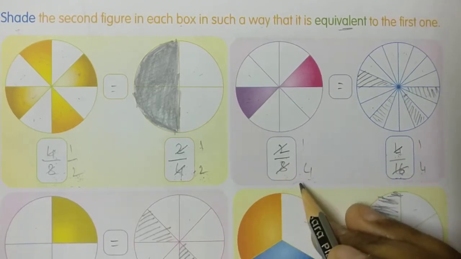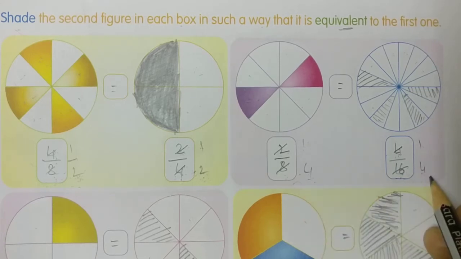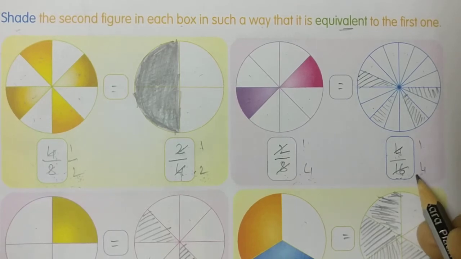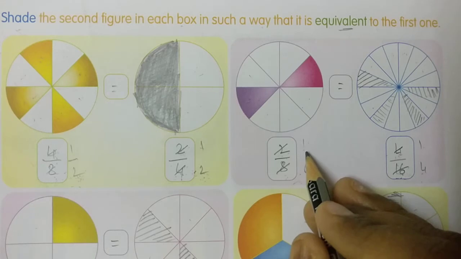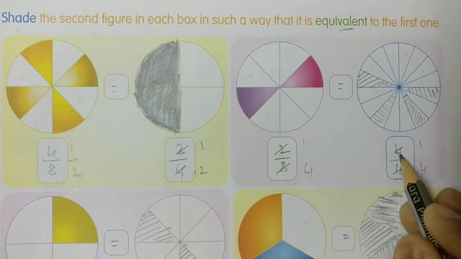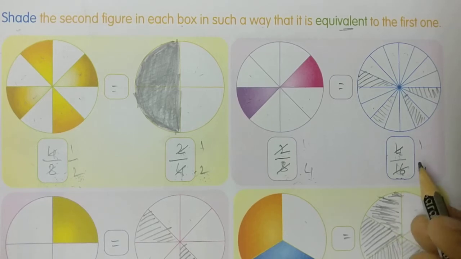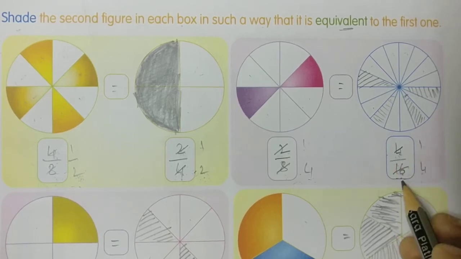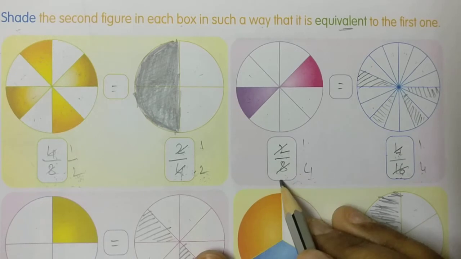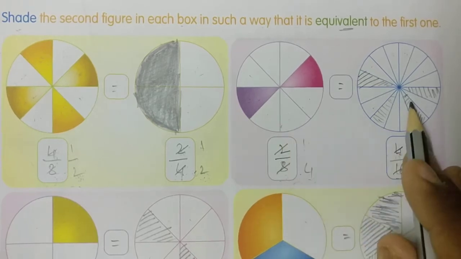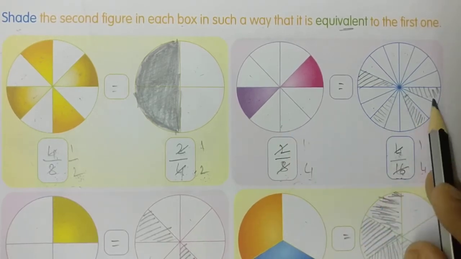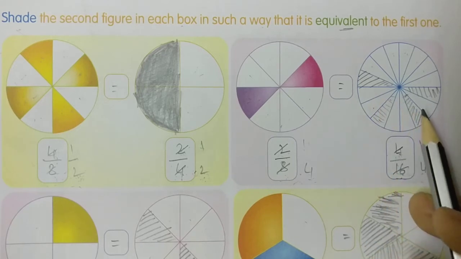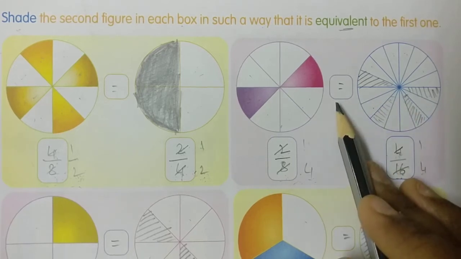Here how much answer we got? 4. So here also we had to get 4. Means in 4 table 4 how many times, children? 4 times we are cancelling. So here we had taken 4 table, no? Means upper how much we got? 1. Means in 4 table 4, 1 4s are 4. That's why 4 by 16. So okay. Now 4 table 4 one time, 16 4 times. So 1 by 4, 1 by 4. Both the sums are equal. So how many parts we had to shade? We had to shade 4 parts. Here we had to keep the symbol equal to.